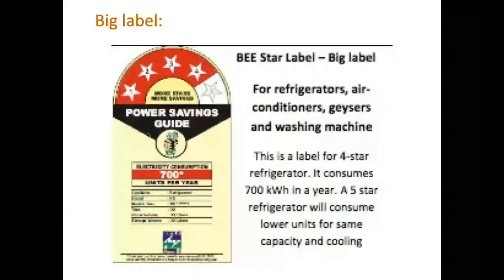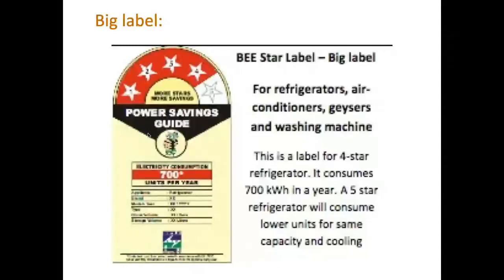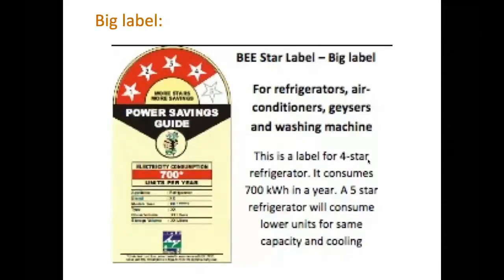There are two variants of the labels: one is a big label and the other is a small label. This is one label example, the big label, where a rating label is aimed at appliances which have constant usage and consume more electricity. That would be refrigerators, air conditioners, geysers, and even washing machines. And this label is for a 4-star rating. So this is not 5 star, this is a 4-star rating,